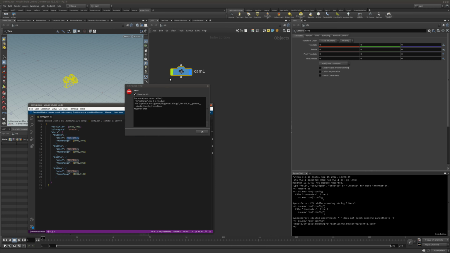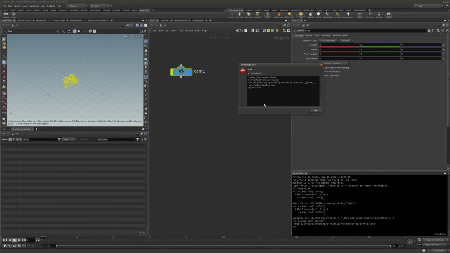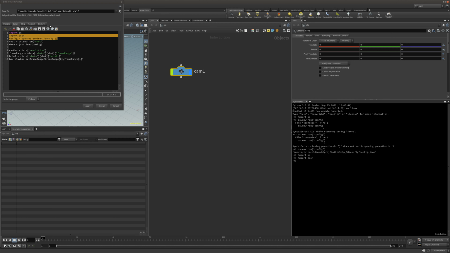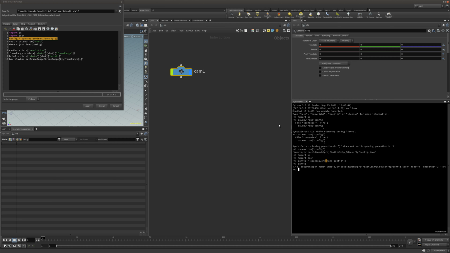Let's have a double look. Let's debug this now. First debugging starts. Set range, line 4. Okay, let's have a look. It should be working fine. Let's have another go. Import OS. Now, this is a JSON file, so in Houdini, in Linux, you need to load JSON, and that you do by typing import json. So if I say config, and if I say config,